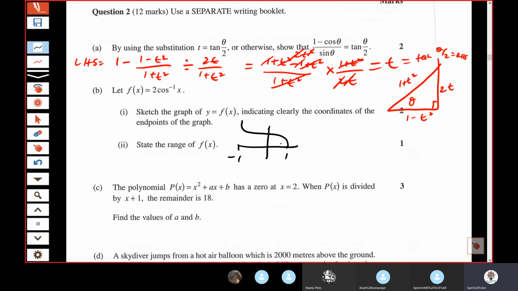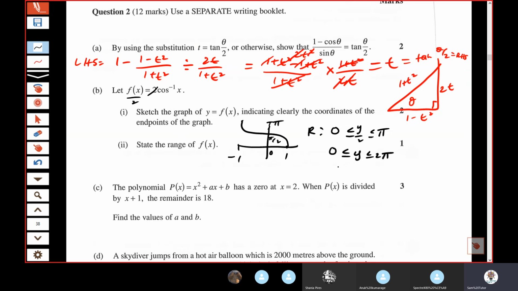1 to negative 1, 0, I think it's pi on 2, or is it pi on 4? No, it's pi on 2, to pi. And then that's your original. So from that, your range for this question becomes 0 less than or equal to y on 2, less than or equal to pi. You have to divide by 2 because it's got to be monic. So the answer is